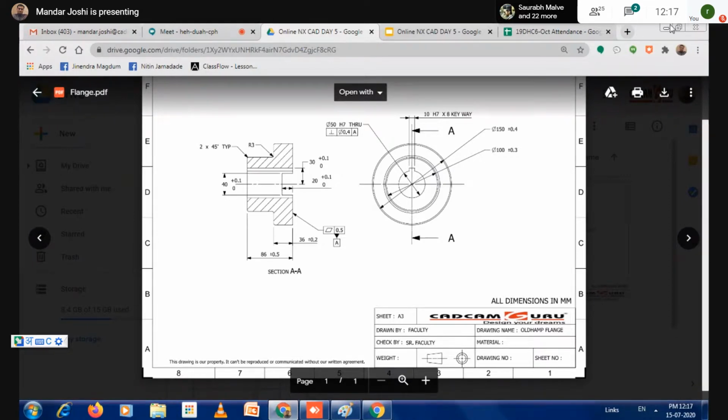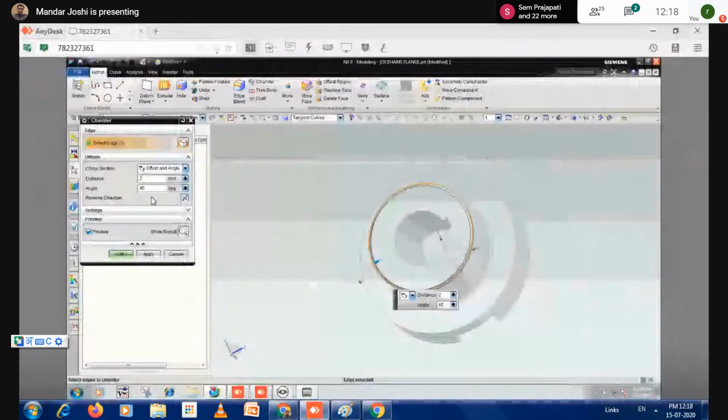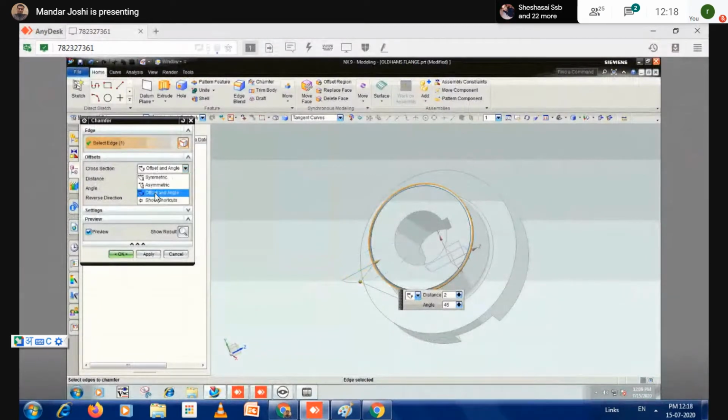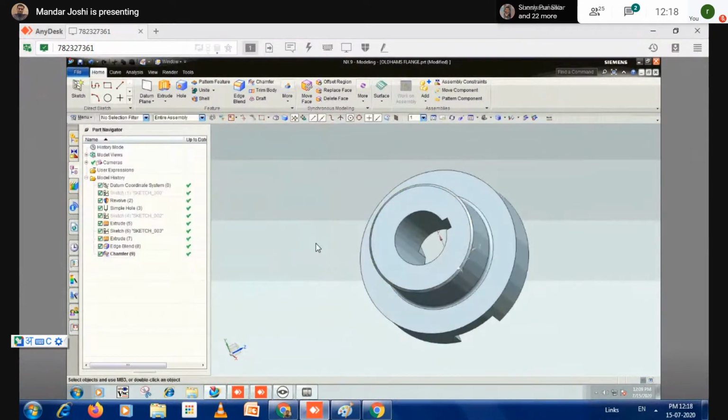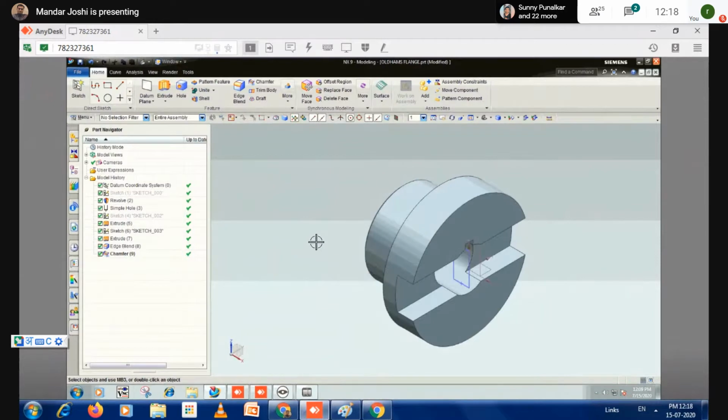So I'm selecting the value 2 and angle 45 degrees. If the angle is not showing, select the angle option from this list and click OK. Again, reorient the model by pressing the End key and store the data.